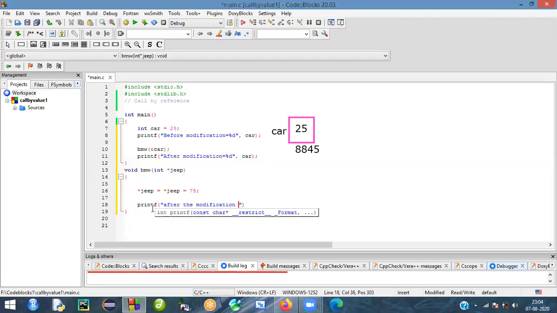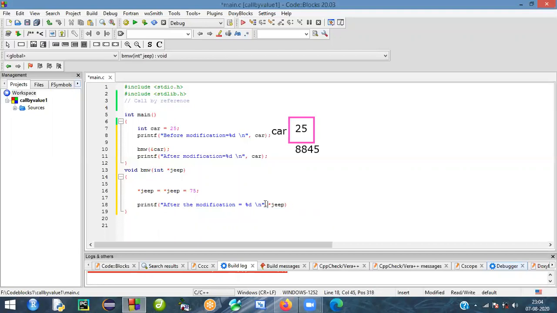Here it is an integer, that's why percentage d. Again make it next line. Here also please make next line, and here also create a next line. Fine. Again here a comma, and again you need to mention pointer jeep here.